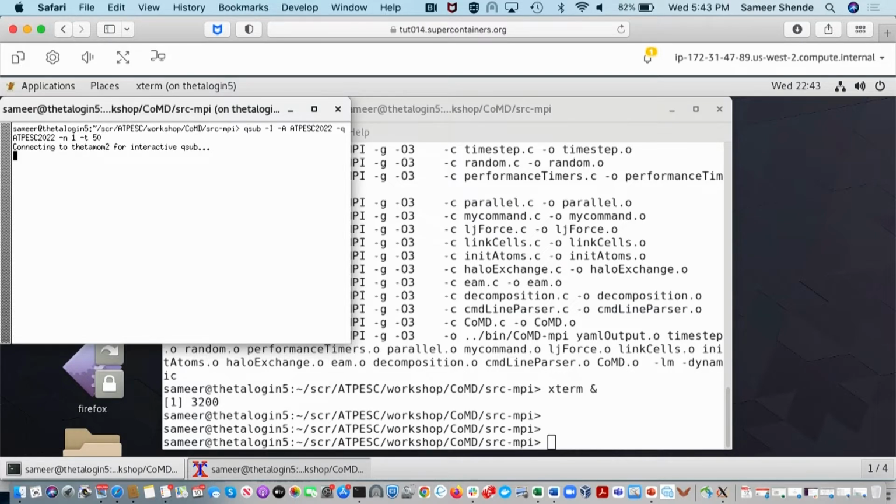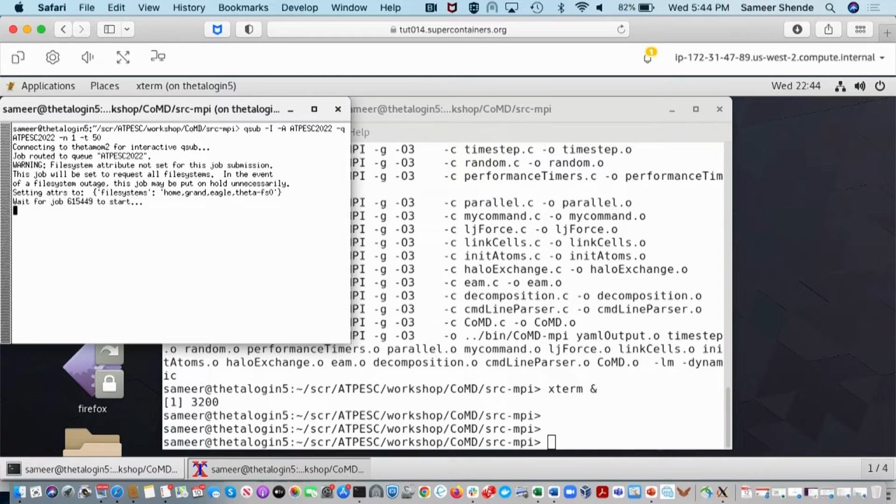Okay, so here I'll get the interactive partition. Now if I had just copy pasted it from the PDF, this would not have worked. Those who tried to do that. Okay, this qsub command will allow me to get a node, a single node that I have requested,